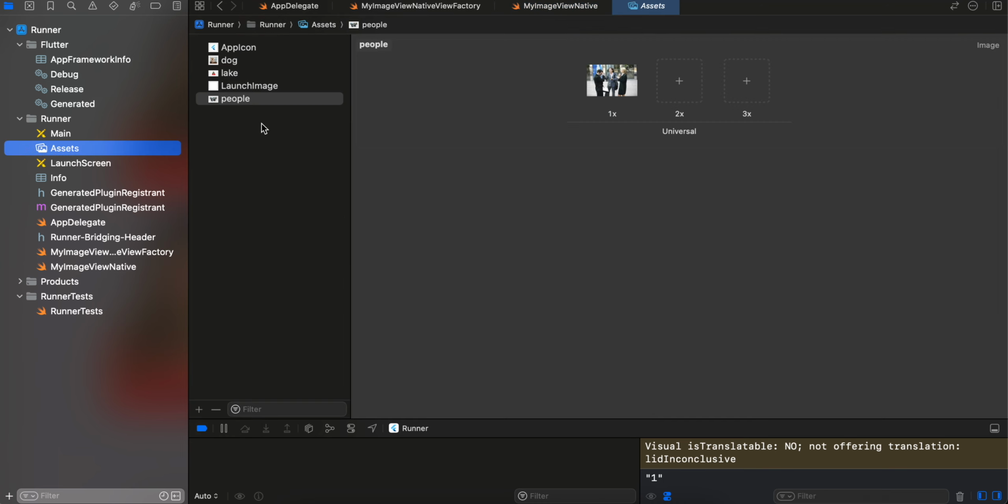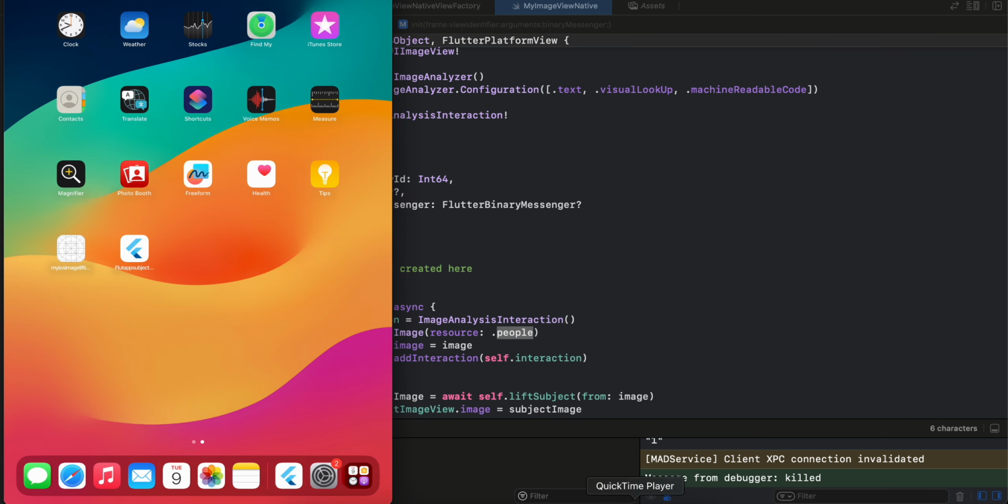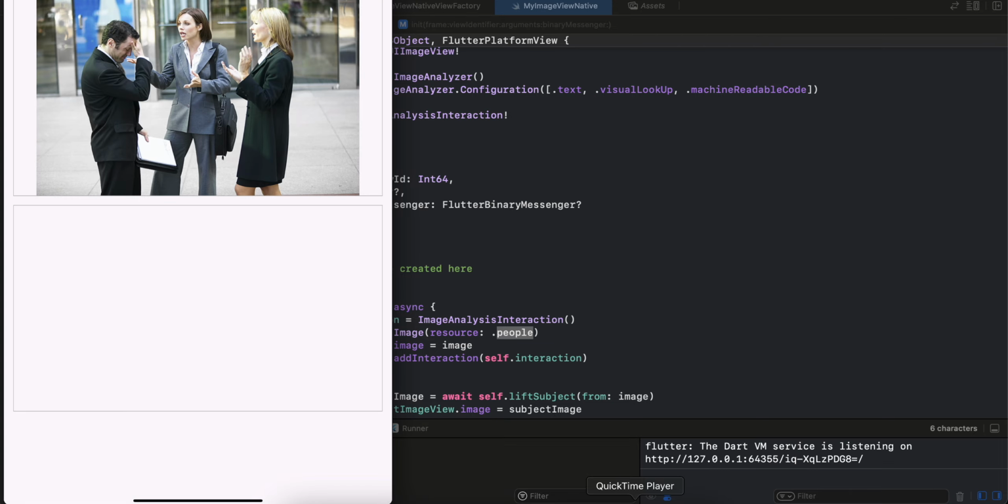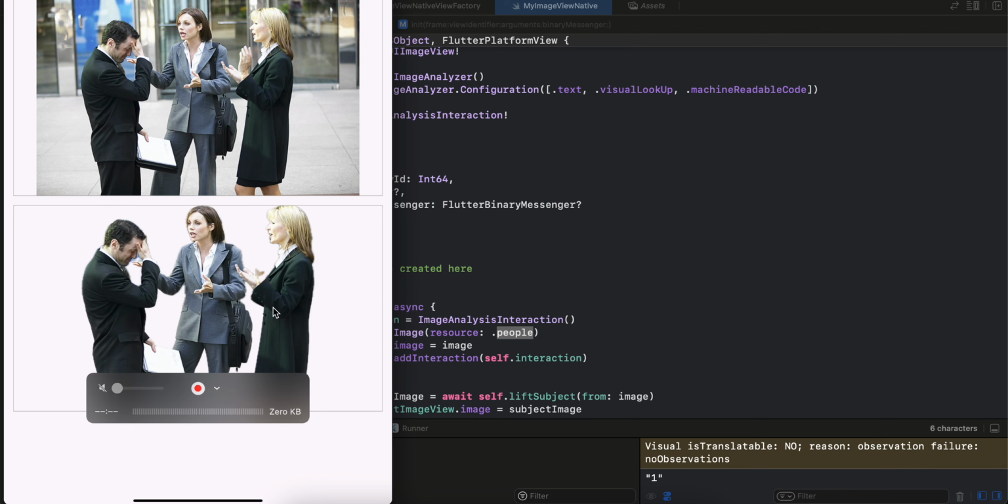If you have a little bit of knowledge of native iOS development, you might be wondering how I am able to automatically type it. Previously we had to type the string name, but in newer versions of Xcode, it automatically identifies our image name from the images that we add inside the assets folder, so we don't make any mistake. So here is our first image. Now wait, and here you can see it has lifted those people from the first image